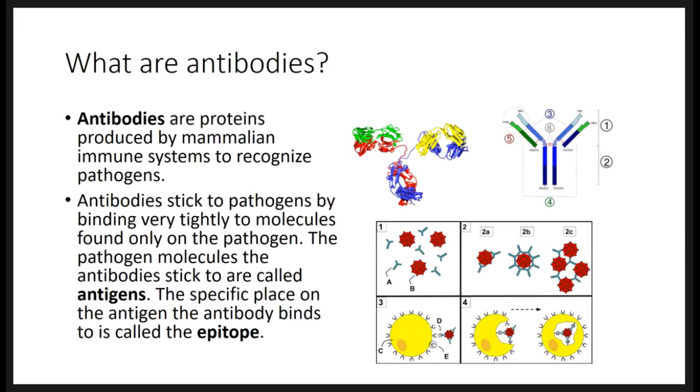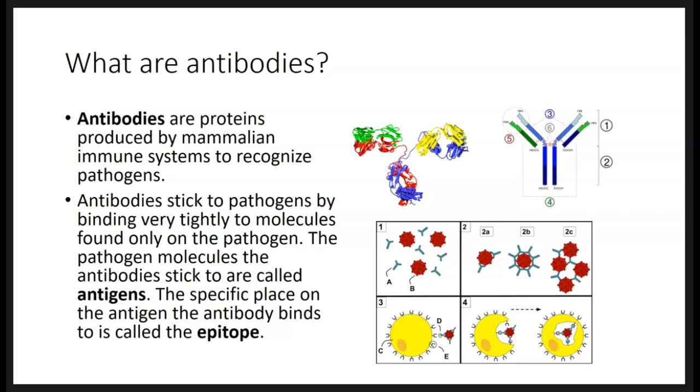So this technique is called immuno because it uses antibodies. And antibodies are products of mammalian immune systems. And in the immune system, their purpose is to recognize or tag pathogens. The way they do that is that the immune system generates an antibody for each pathogen that comes into the body. And those antibodies stick to the pathogens by binding very tightly to a molecule that's only found on the pathogen. You can see the process that antibodies go through in order to tag pathogens in the figure at the